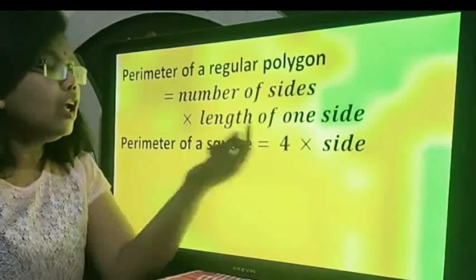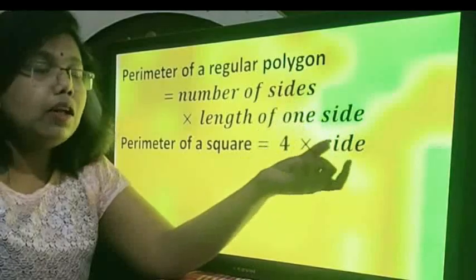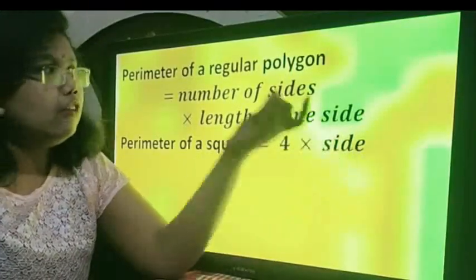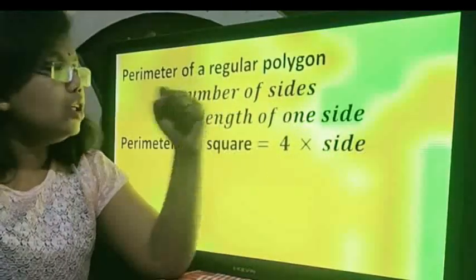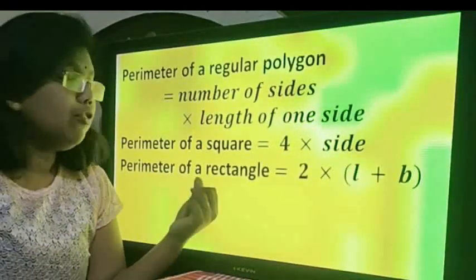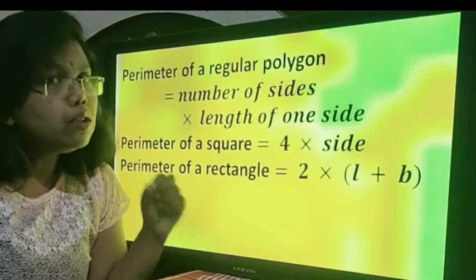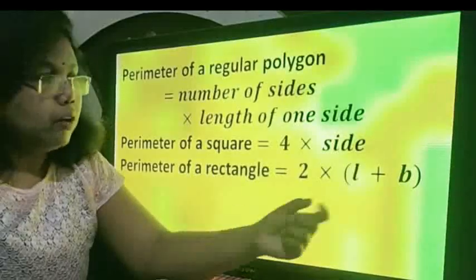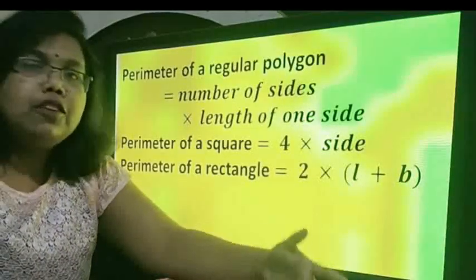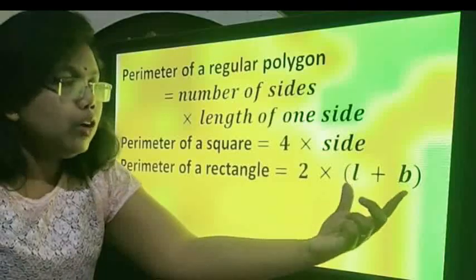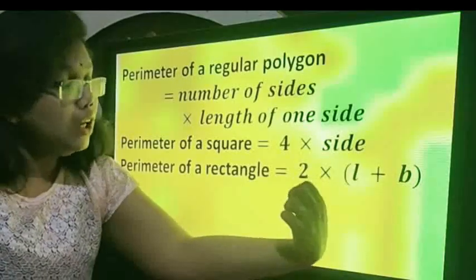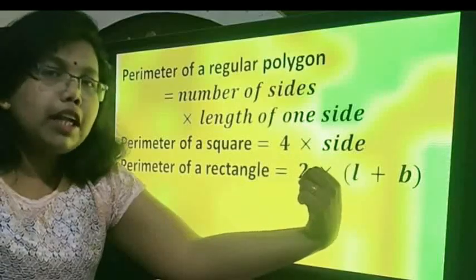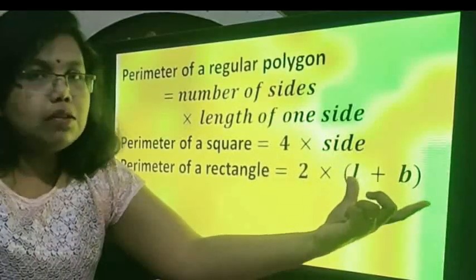Now perimeter of a square, 4 multiplied by side. Because square is a regular polygon, so 4 multiplied by side. The formula comes into effect with our square. Whereas perimeter of a rectangle, now for a rectangle we know only the opposite sides are equal. So twice in bracket length plus breadth, because length and breadth have two different varying values. Therefore length and breadth, when you add it up and then multiply by 2, because there are two lengths and two breadths. That's why you are multiplying it with 2. This is how the formula comes into effect.